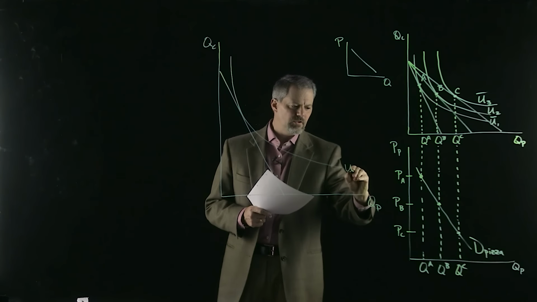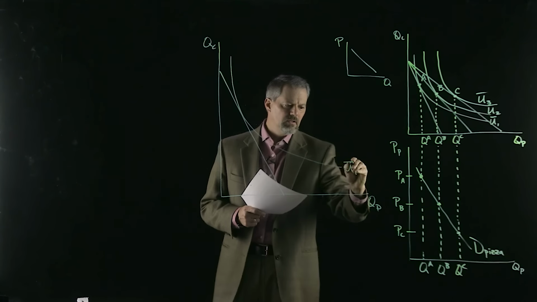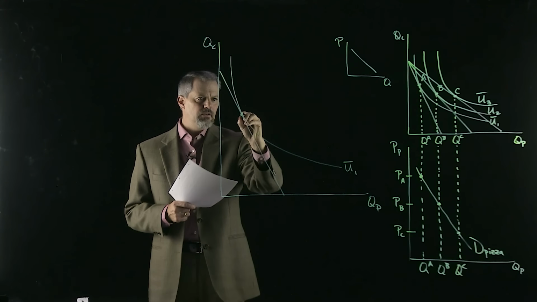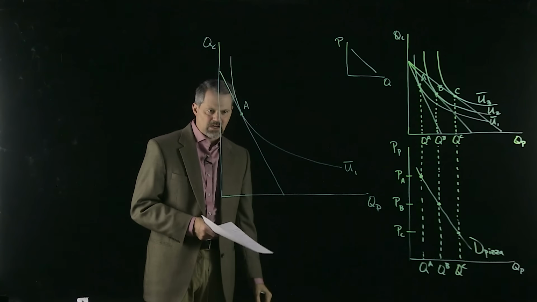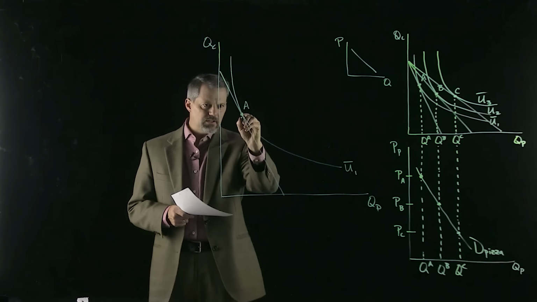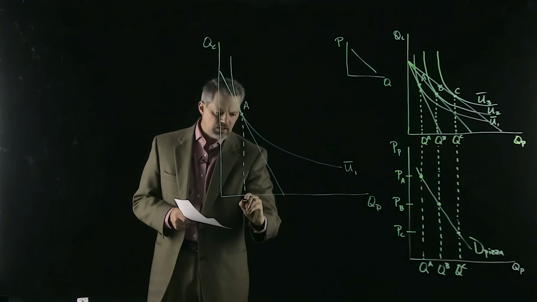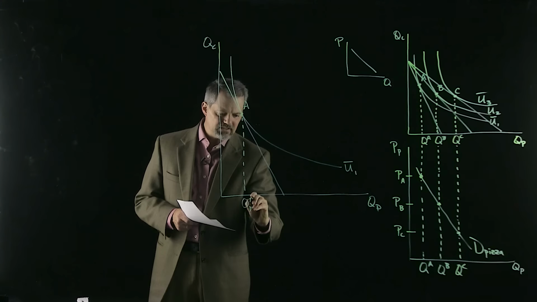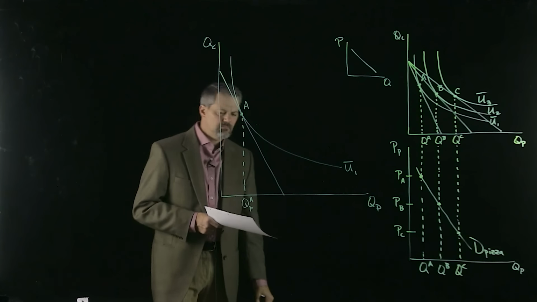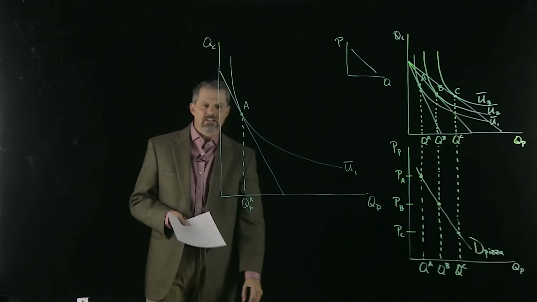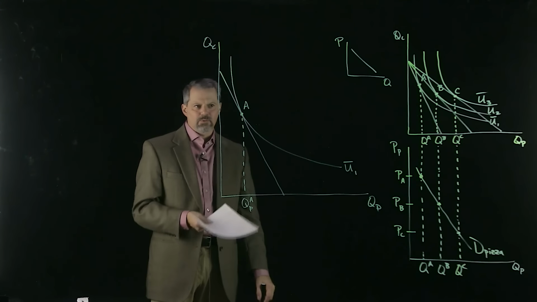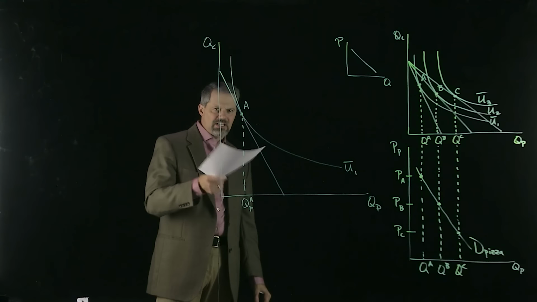There's indifference curve U1. There's point A. I'm going to focus on pizza right now. I'm going to call this quantity of pizza at point A. So we're going to start right there. I'm not going to worry about quantity of Cokes. We don't need to focus on that. But if we start at A,